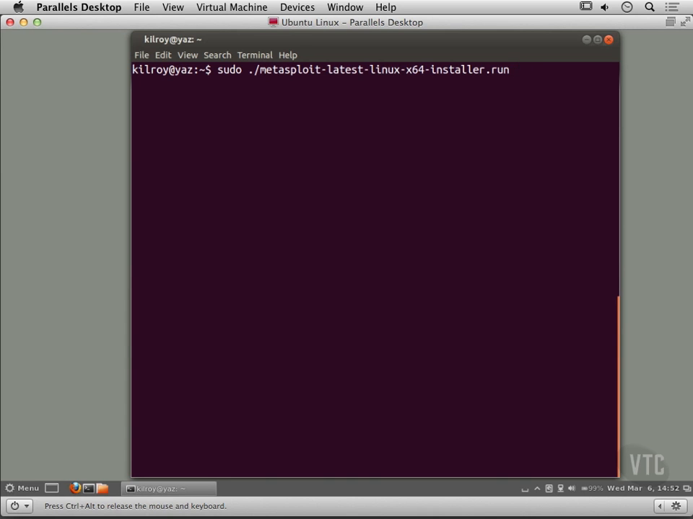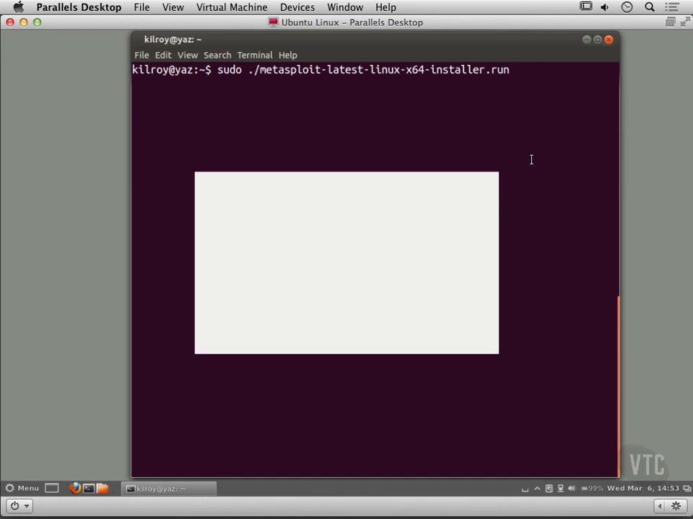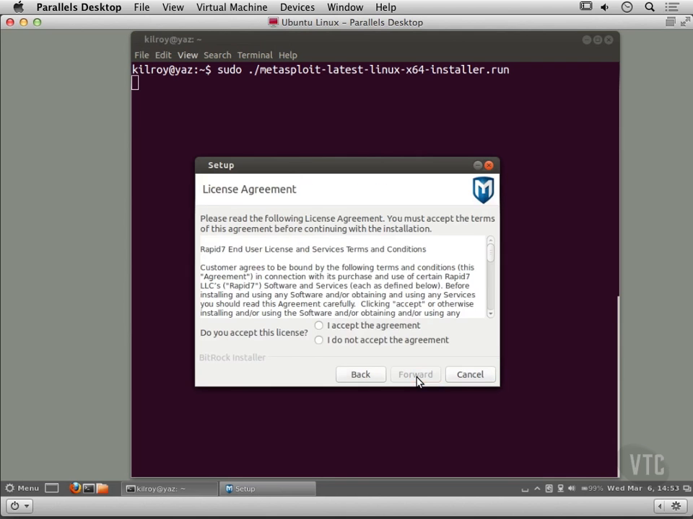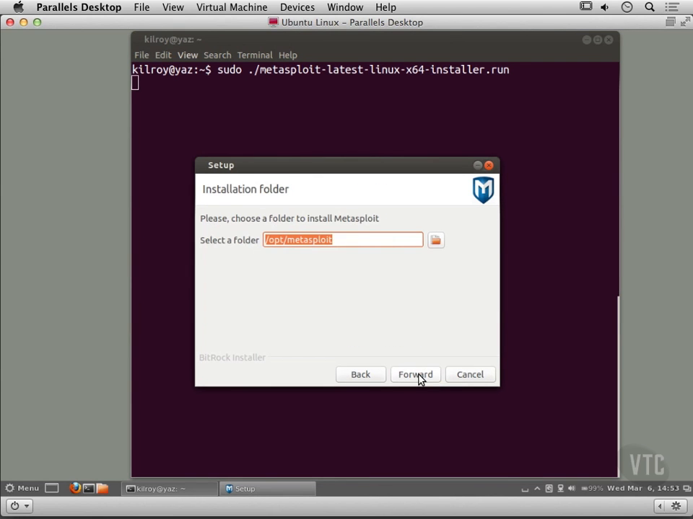I need to have administrative privileges, which is why I'm running the sudo command here. And I need the administrative privileges so that we can install in all the correct directories. So this is a Java-based installer, and you can see here that we're just going to do a pretty straightforward accept the agreement, forward, select where it's going to go,